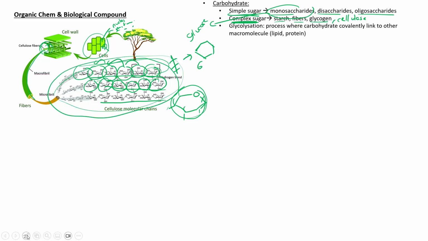And one thing that we need to understand a little bit is glycosylation. Glycosylation is a process where carbohydrate, whether it's a simple sugar or complex sugar, is covalently linked to other macromolecule. Typically the one that undergoes glycosylation is not so complex a carbohydrate. Some complex carbohydrate can also undergo glycosylation, but typically in the human body you will find